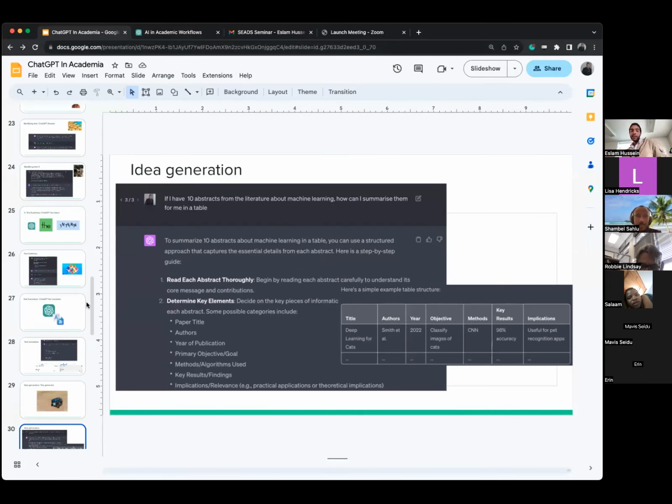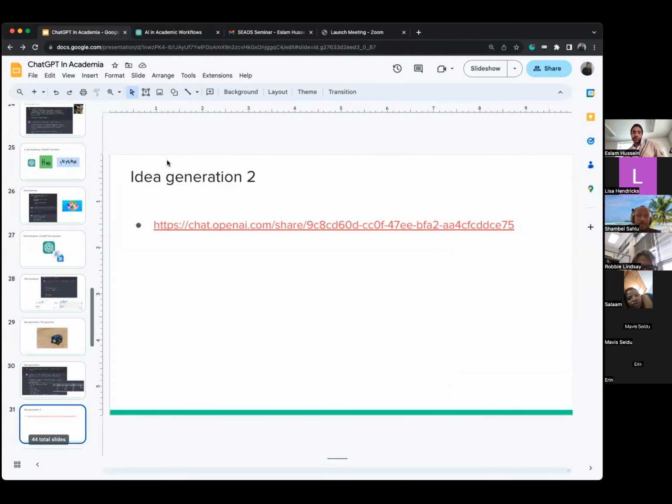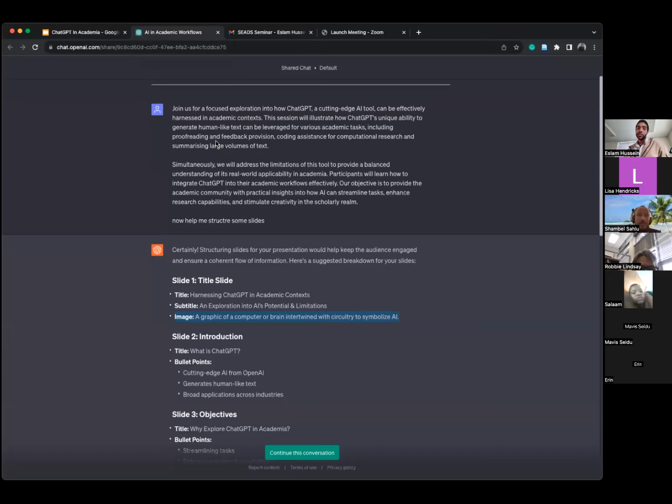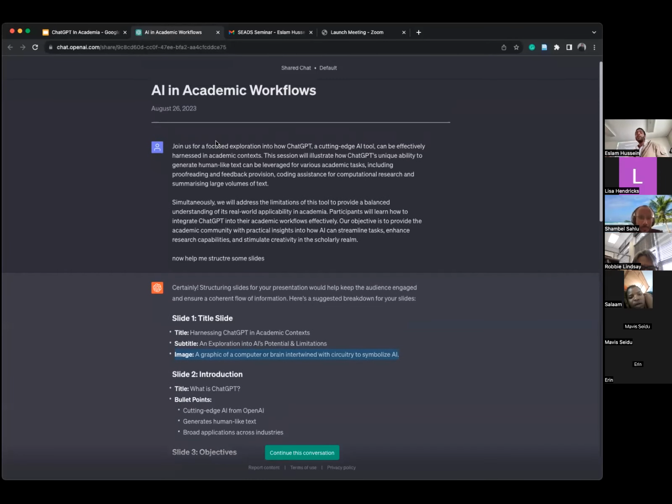Now, another idea, and this is the second slide, is how I used ChatGPT for idea generation. So for instance, first of all, the abstract that you read on the poster was also generated by ChatGPT. I never write English like that. So that was written by ChatGPT, but then I took that and gave it to ChatGPT and told it, okay, create some slides for me.